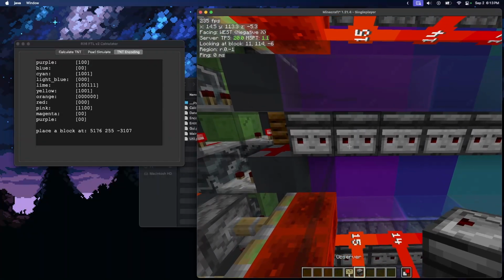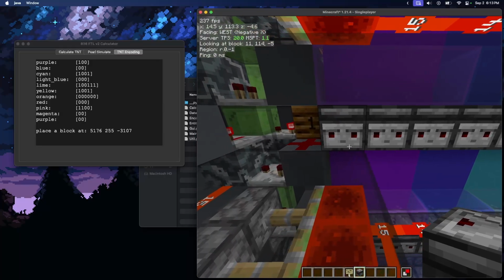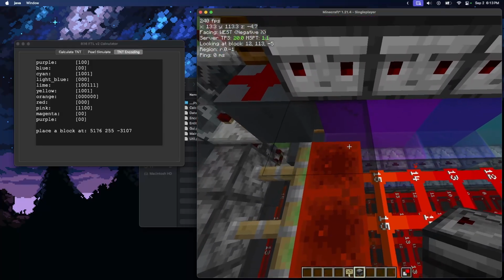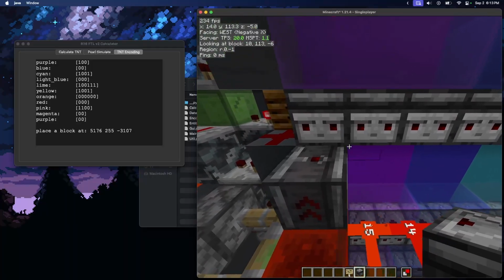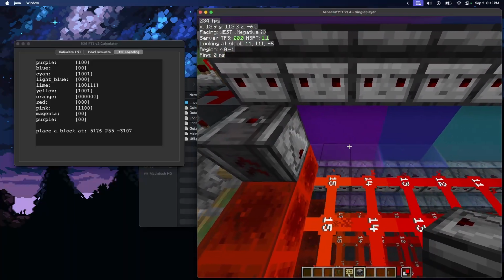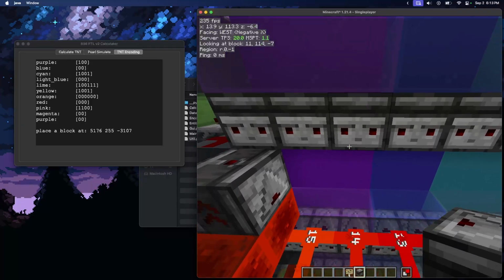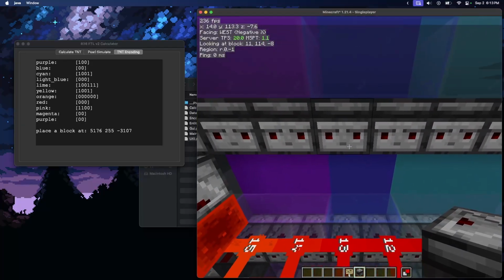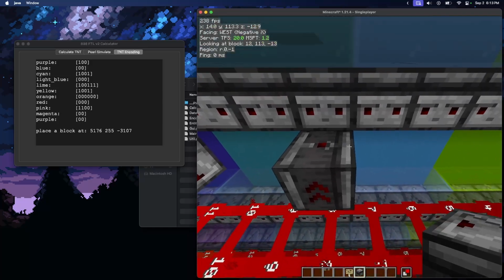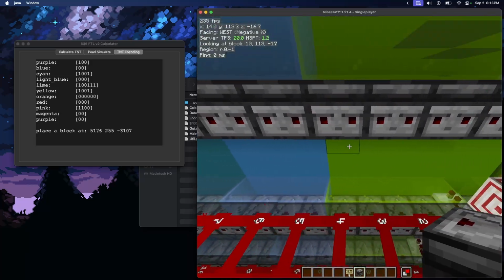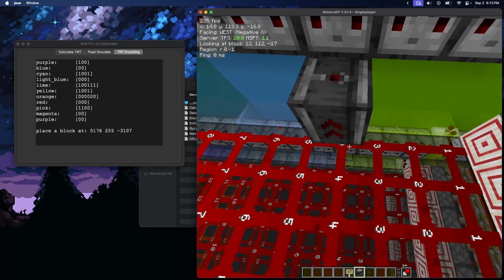And then we're just going to copy the binary values from the output of the calculator into the ROM. So we can see purple is 100. If there's a 1, then you want to place an observer there. And then if it's a 0, you just leave it blank. So purple 100, blue is 00, cyan is 1001. Light blue is 000, lime is